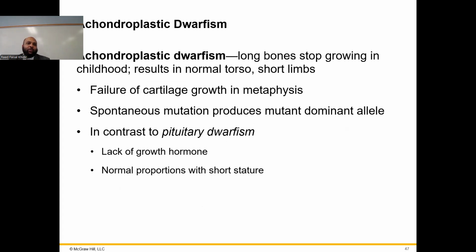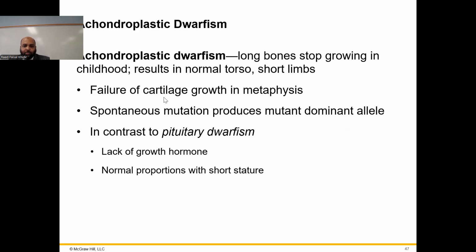Achondroplastic dwarfism. What is achondroplastic dwarfism? You have long bones that stop growing in childhood, resulting in a normal torso but short limbs. The rest of the body grows fine. It's just the appendicular skeleton. The femur is not going to grow anymore. The tibia and the fibula, not going to grow anymore. And the humerus, the ulna, and the radius are not going to grow